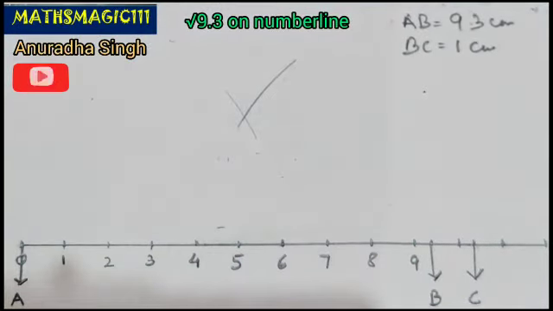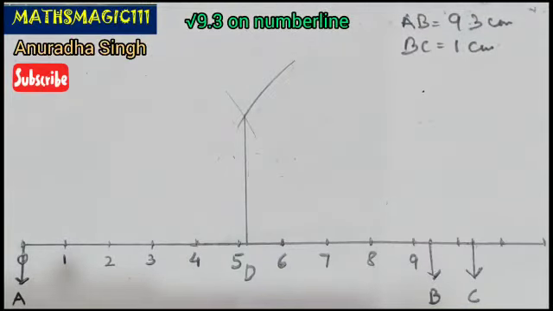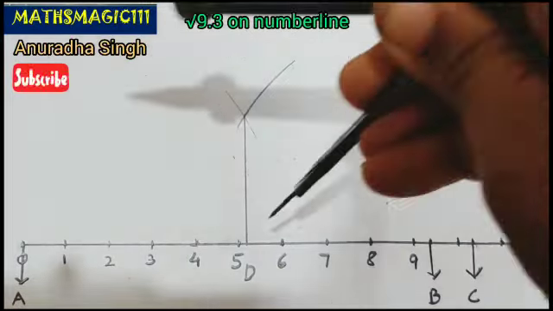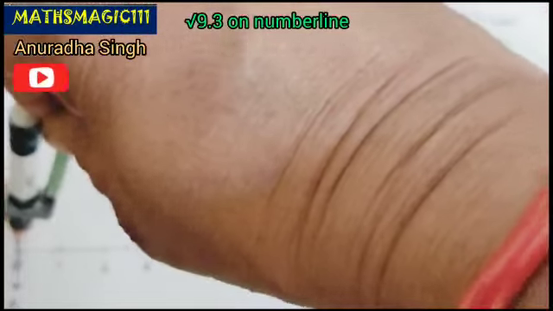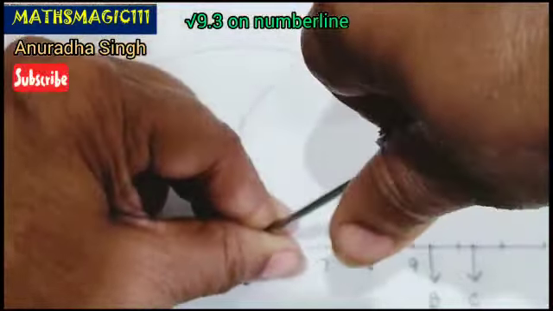And when you have made this, if I take it as D, see I have taken it as D and taking D as center, what I have to do? We have to take D as center and taking A as radius, I have to draw a semicircle. And I will draw a semicircle. This semicircle will come till C. Okay, it will come till C.